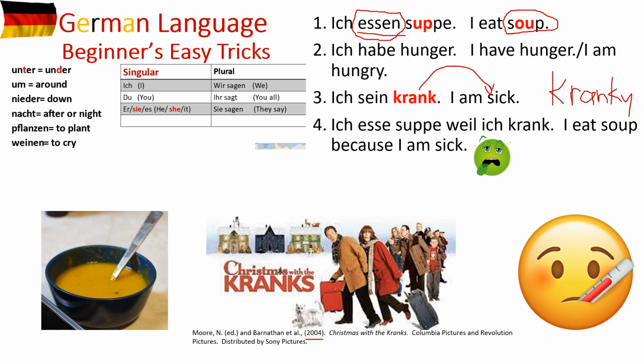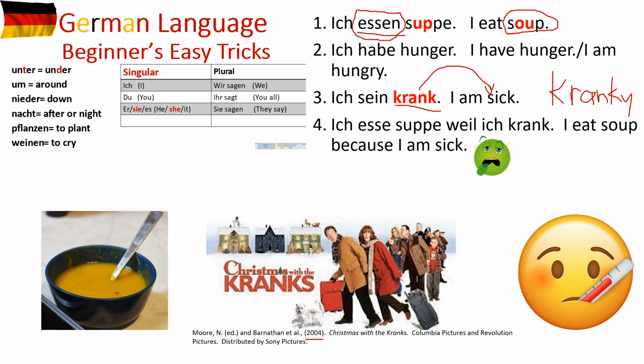They were trying to skip Christmas because their daughter didn't show up, and then it ends up she did, and one thing led to another. So if you can just think of crank, because it means that something's off. I don't feel well. I'm sick. My stomach. So you would say this, ich bin krank.